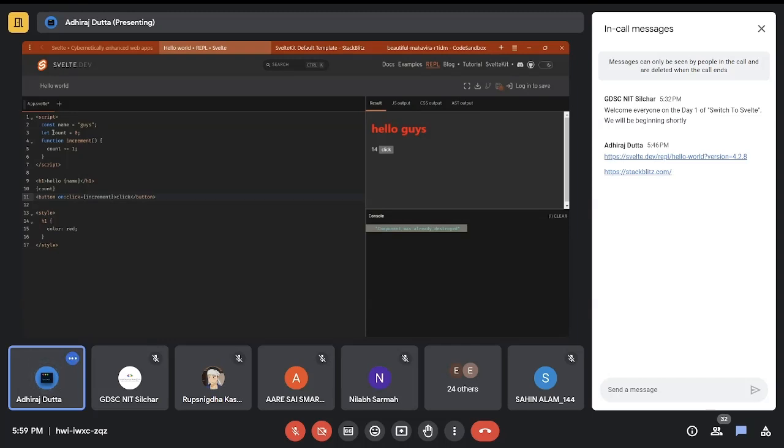When a state changes in React, it re-renders the UI to show that change. That is done in React by using useEffect. But instead of useEffect, here we have something called